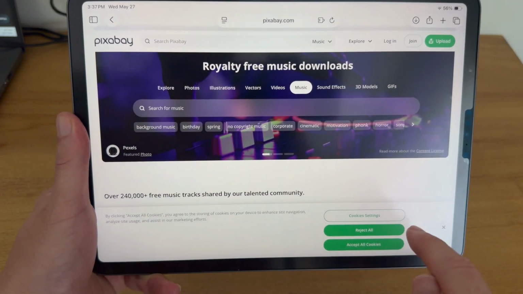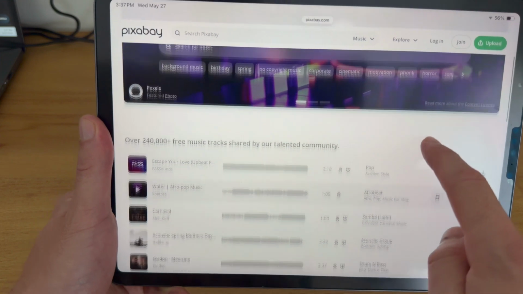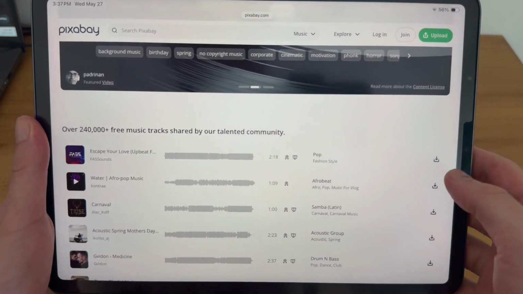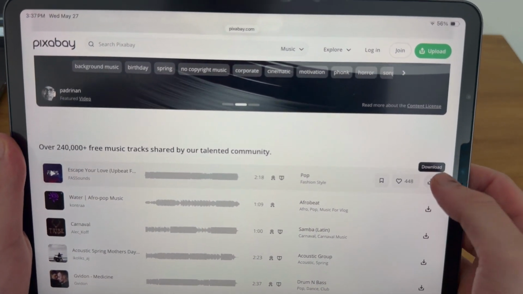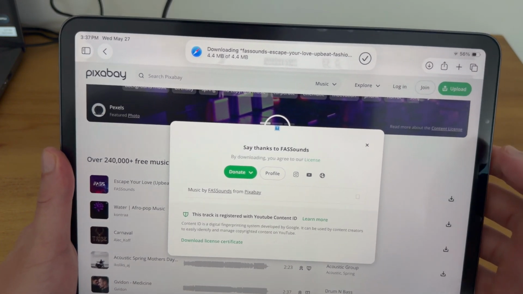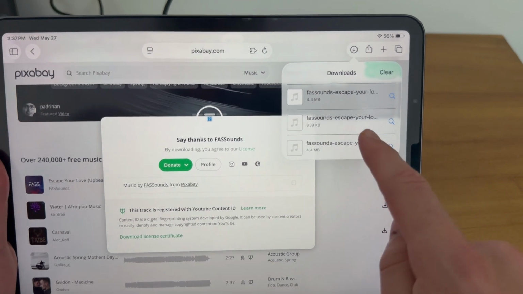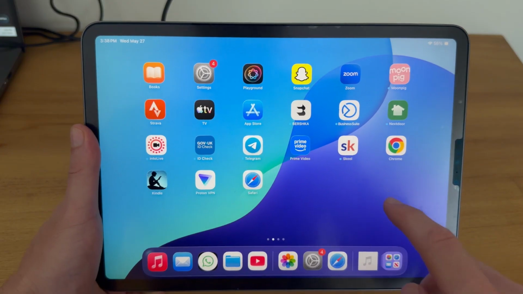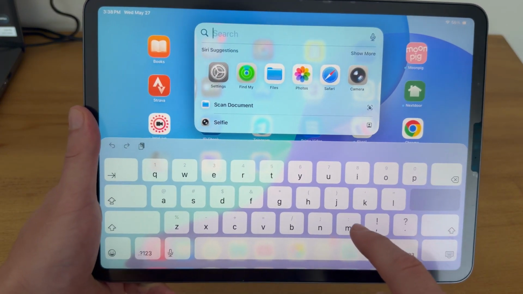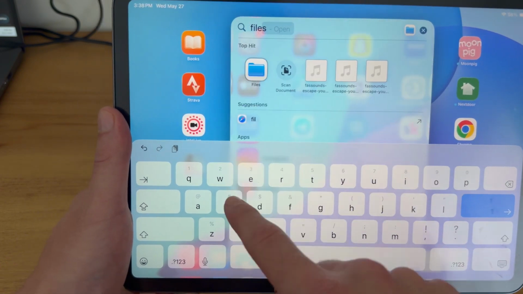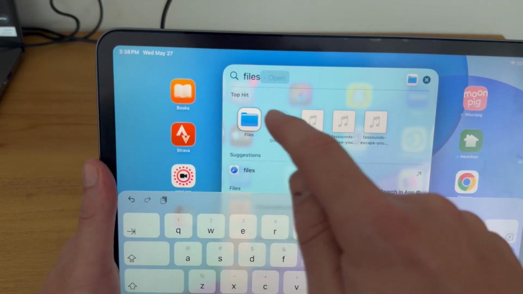Now I like to use a website called Pixabay, and this is a website that allows you to download royalty-free music. Now once you've downloaded your song, you can either click on Downloads in the internet browser and you should be able to find your song from here. Alternatively, head over to your iPad home screen. You could then use the search box to type in Files and locate your song from the Files